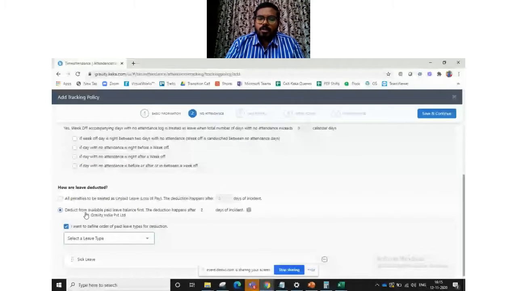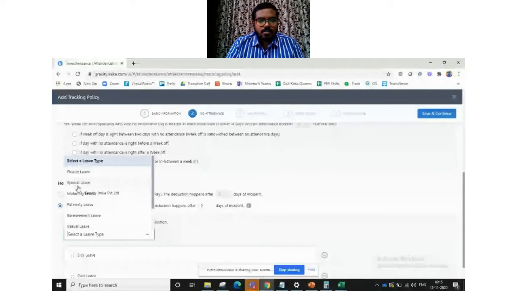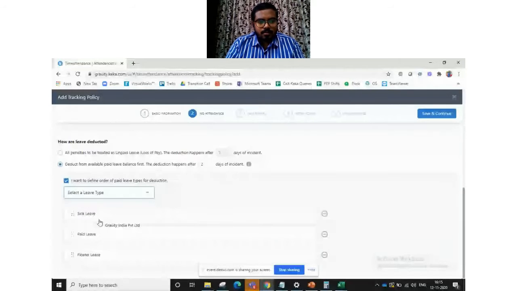Or if you want to give a series here, so you can select it like this. So first sick, then paid, then floater. What happens here is system will first check if employee has sick leave balance.